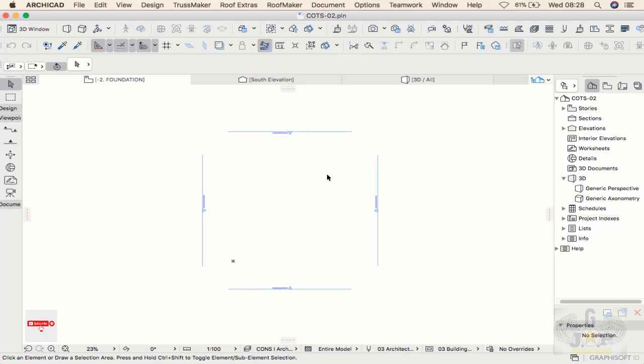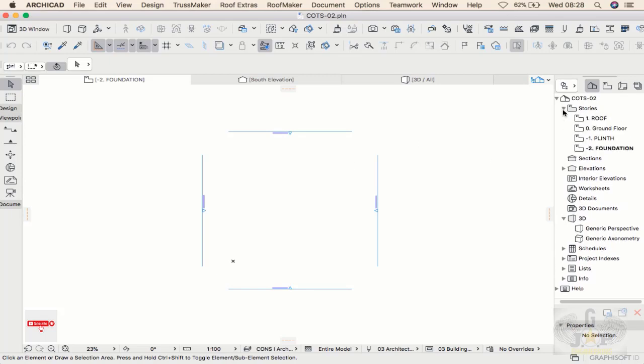So the first thing to do here is to set up your stories when you open ArchiCAD. This is what I do. The first thing I do is to set up my stories here. For you to reach your stories, I'm going to go step by step. I'm giving you just tips. The first way to set your different stories,